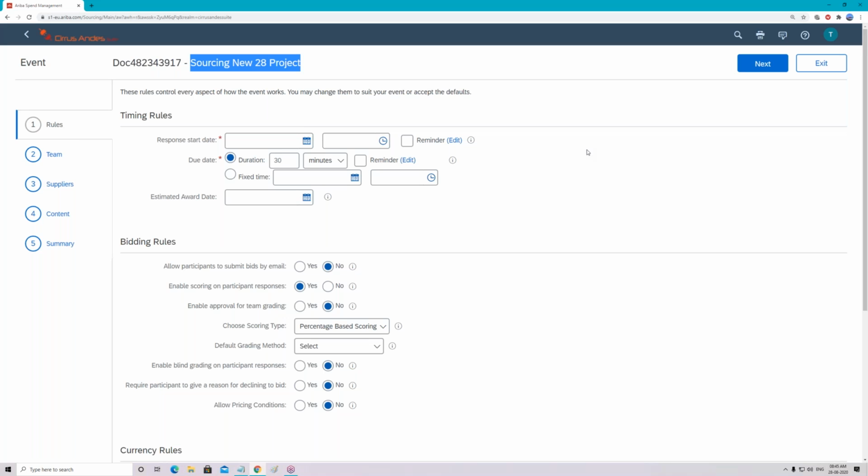That means here, if you want to modify the process, the rules, or the validation, these can be controlled with the help of template configuration. Before this point, where the sourcing project was not created, you would not have worked with this particular screen.